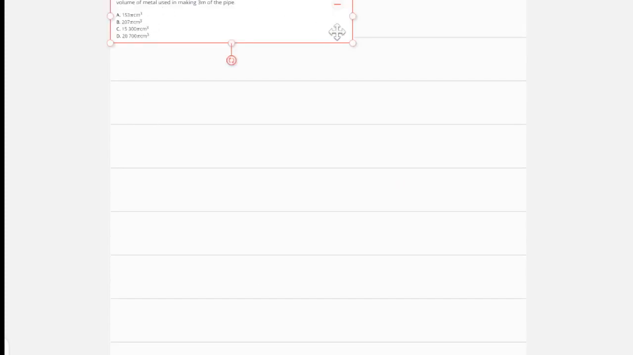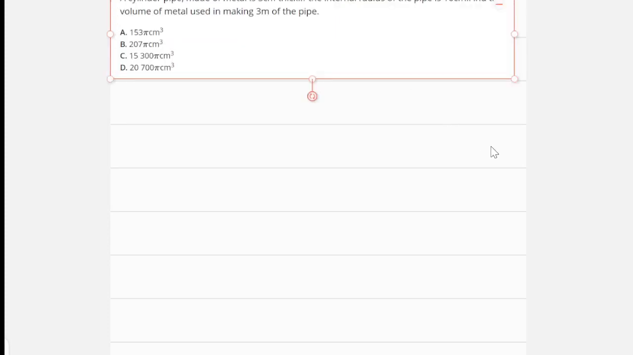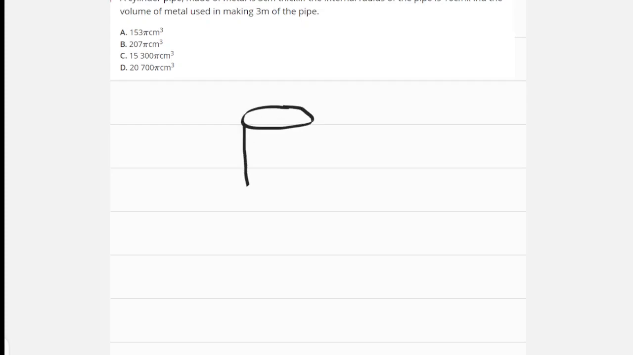Question 20 is on cylinder. A cylinder pipe made of metal is 3 centimeter thick. This is your cylinder. The metal is 3 centimeter thick, and if the internal radius, let's say this is the internal radius, is 10 centimeter,